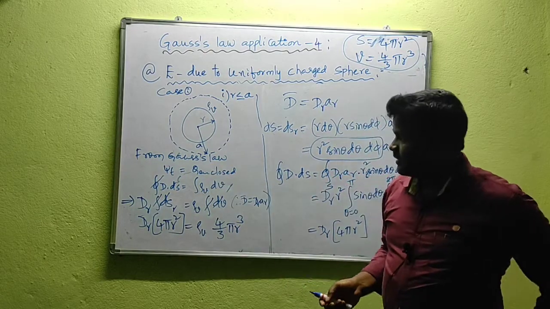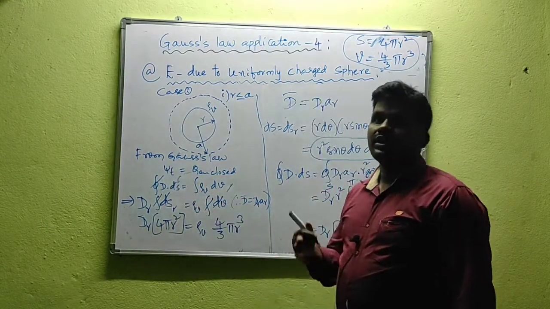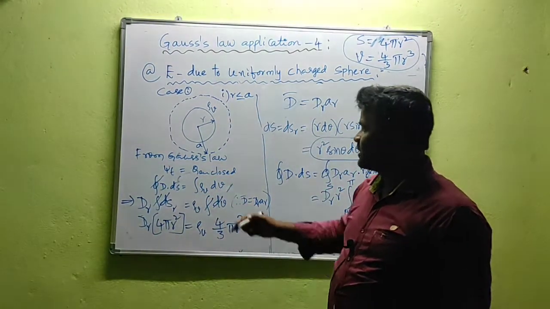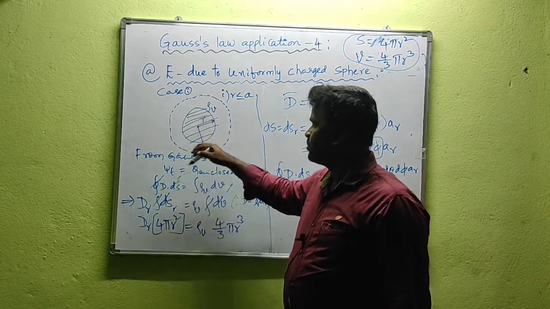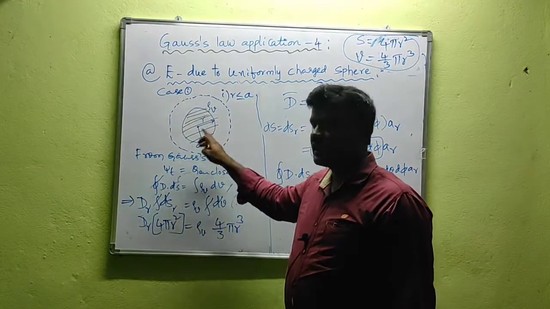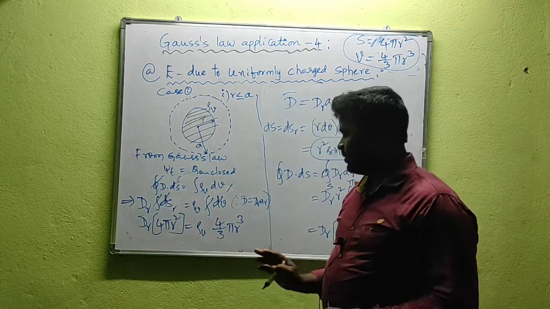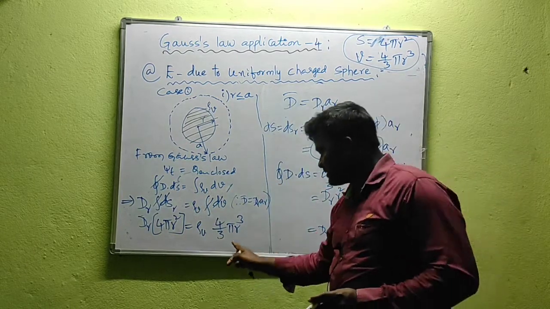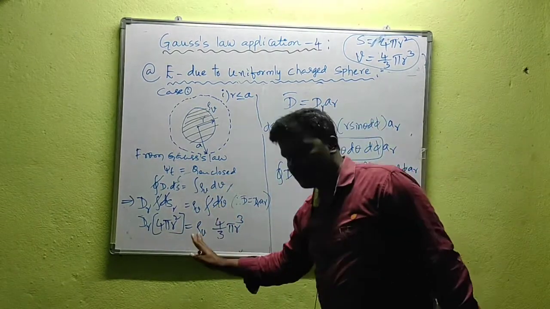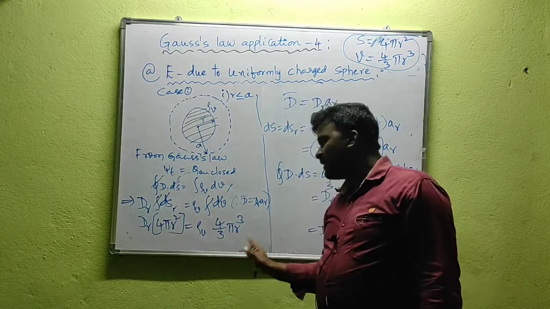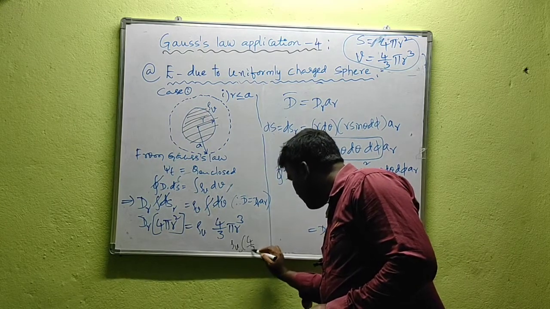Why? Because if you want to apply Gauss law, you have psi t equal to Q enclosed. You require the charge enclosed. Here the enclosed region is this one. The smaller one is enclosed by the larger one. So this sphere of radius r is enclosed by the larger one, so that's why here we consider 4 by 3 pi r cube. If I go for the second case, there is no change in LHS. That means psi t, the total flux through a closed surface, is the same, that is Dr times 4 pi r square, but there is a difference in this one. Instead of this you get rho v into 4 by 3 pi a cube.